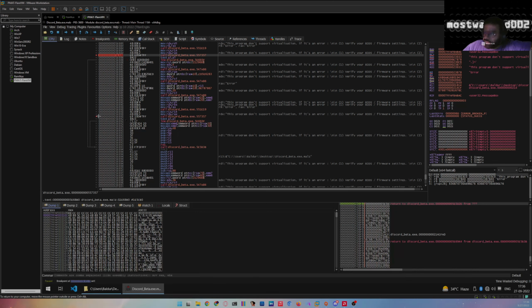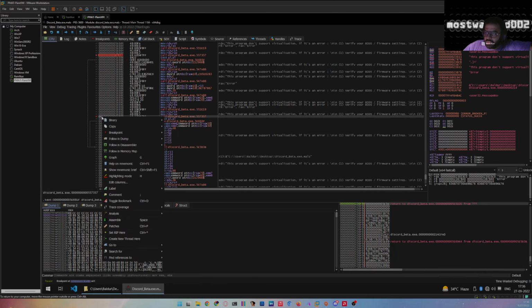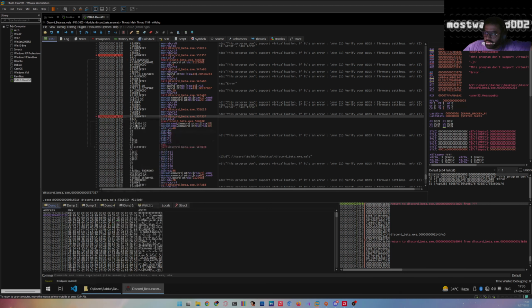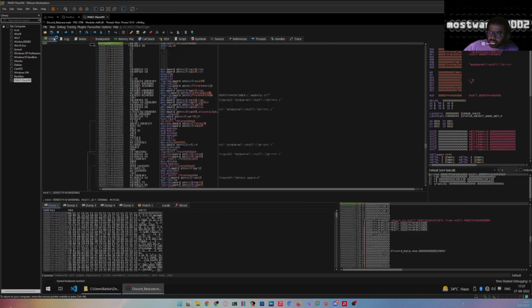So to maximize our chances of tracing back what was the condition that actually caused the program to detect that it's a VM, we set breakpoints on both of these calls. Now let's rerun the program,